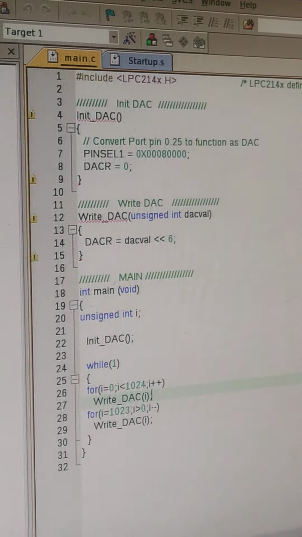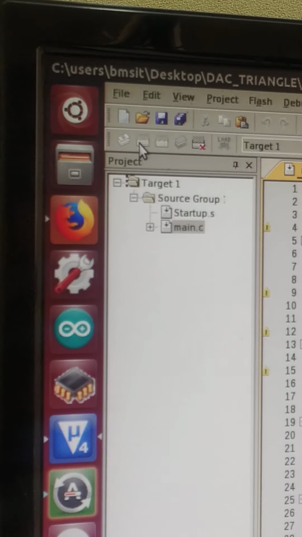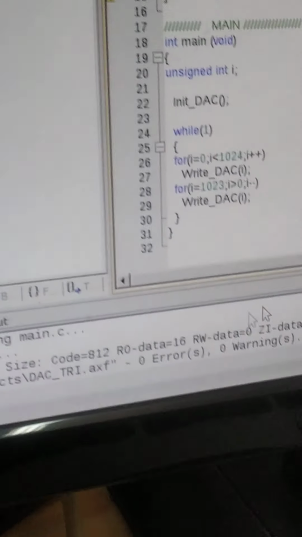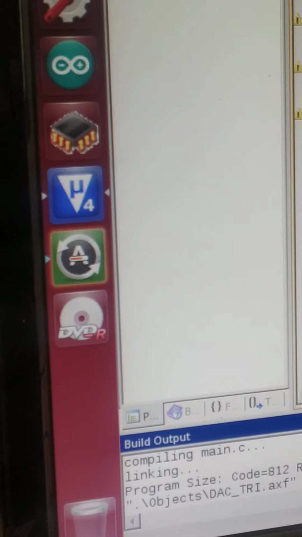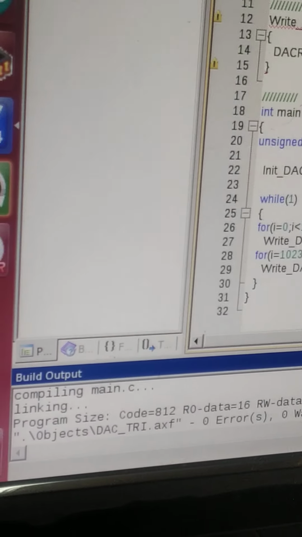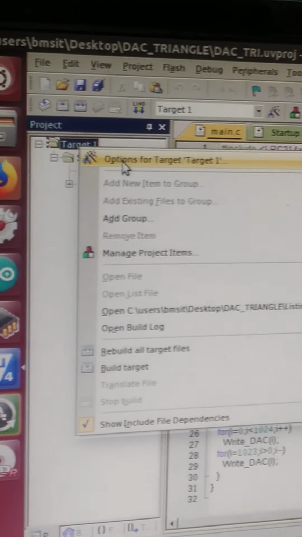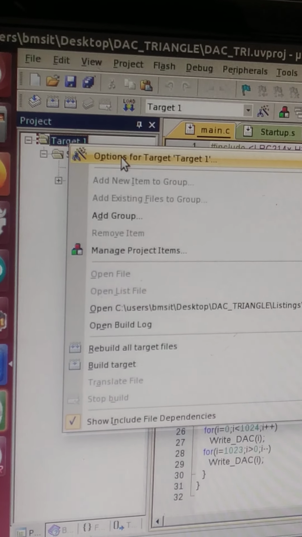Next, coming to the execution, I will compile this first, translate it, and then rebuild all. When I rebuild, I will get 0 errors and 0 warnings. Then observe this important point. To generate the hex file, the hex file was already generated for the square.